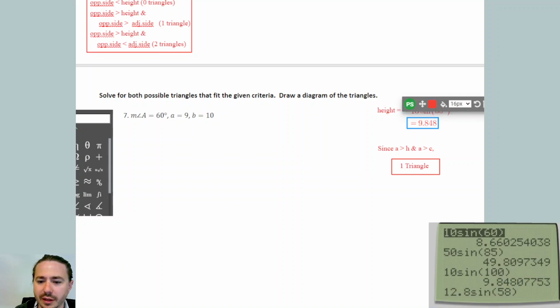So this is going to be 8.66. 8.660. And since this opposite side, A, is greater than the height, and A is smaller than B,